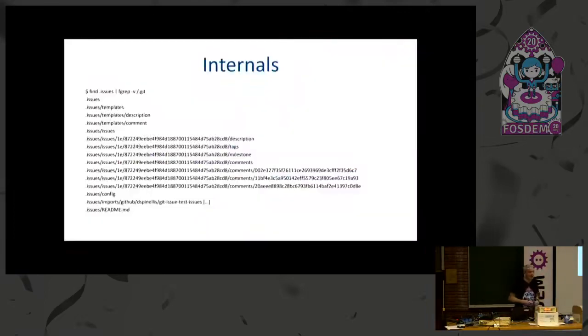I will finish with that. So internally, what you see is a .issues directory, and inside it there are templates for the description and comment. You can modify them and commit them, and all your colleagues will share them and use their own. An issues directory, and for every issue you have the SHA hash, which is created through the hash of the Git commit that creates the issue, so you know it's almost impossible to have a duplication here. And for every issue you have the description, the tags, the milestone, the comments, and other things that are associated with that issue. Comments is a directory, and again each comment is associated with the SHA hash of the Git commit that created that comment.